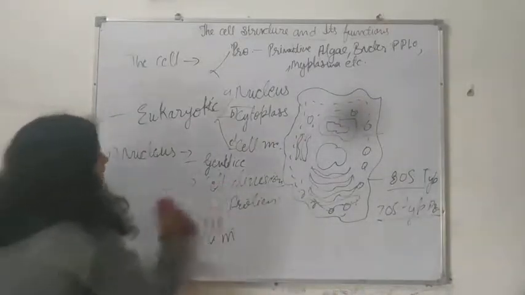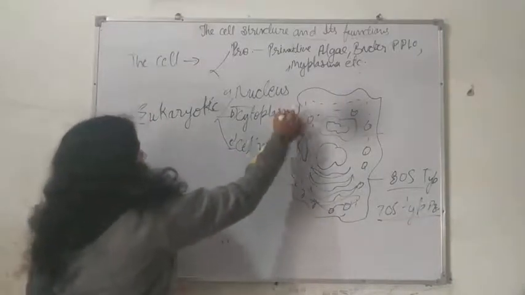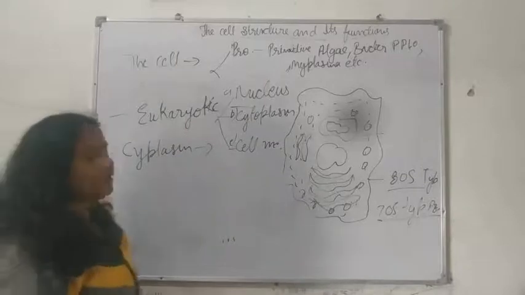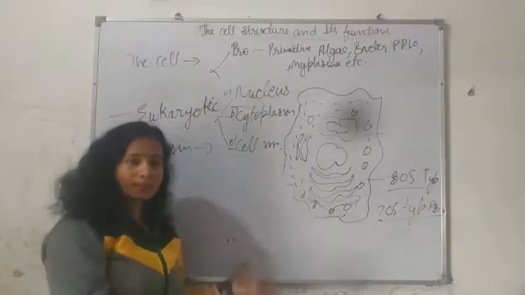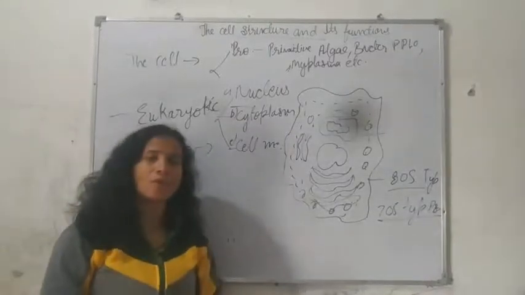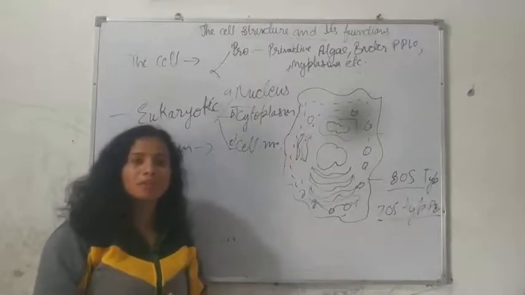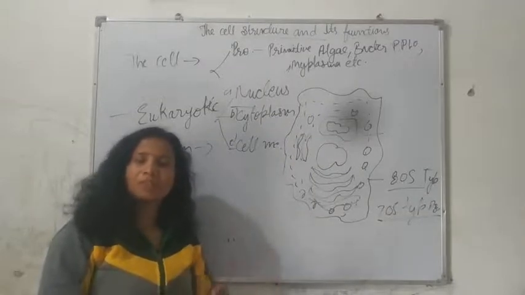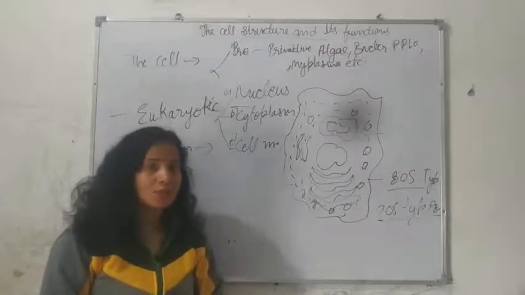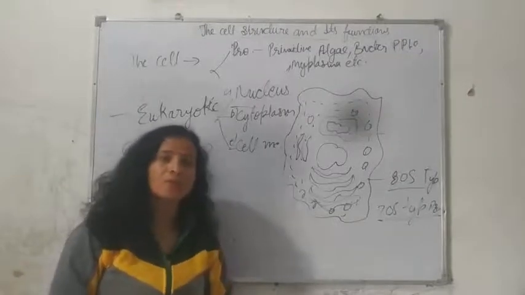Now come to the second part, the cytoplasm. The cytoplasm plays an important role to contain or occupy the many cell organelles like ribosome, lysosome, ER, Golgi bodies. All our organelles are present in the cytoplasm, and it performs the transporter work. It makes the connection between the nuclear membrane and cell membrane and makes protein synthesis, essential enzymes and proteins which are required by the cell body or the organism.